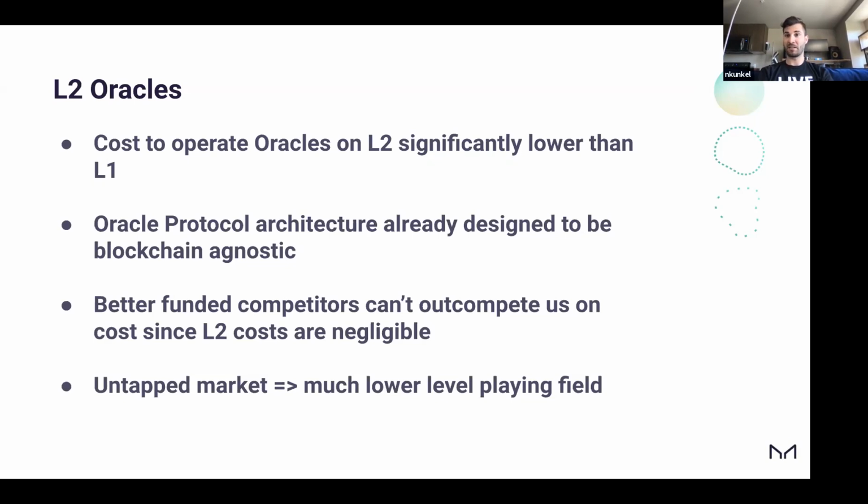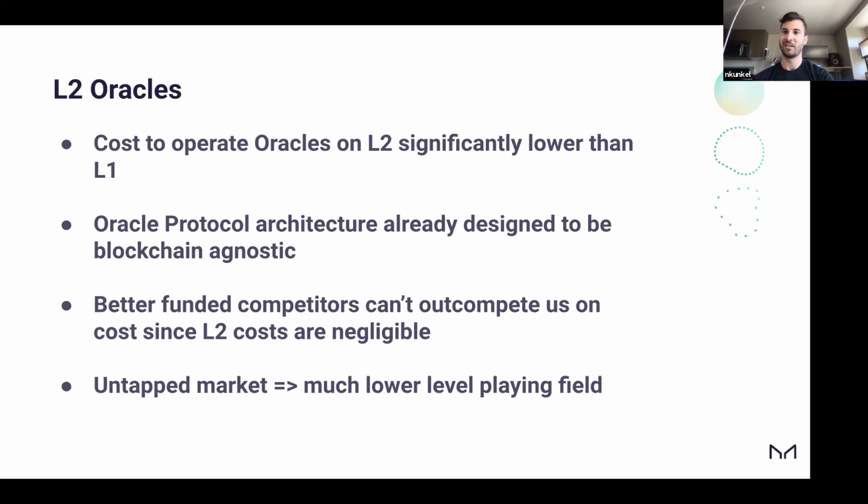It's really tricky. But on layer two, it's a whole different ballgame, right? On layer two, the transaction costs are so much cheaper than L1 that they pretty much just converge to nothing again. And this completely changes the game, because you don't have this trade-off anymore of cost versus how accurate or how secure the Oracle is. You don't have that trilemma of: do you optimize for cost, do you optimize for the most security, do you optimize for the least latency? You can have it all, right?